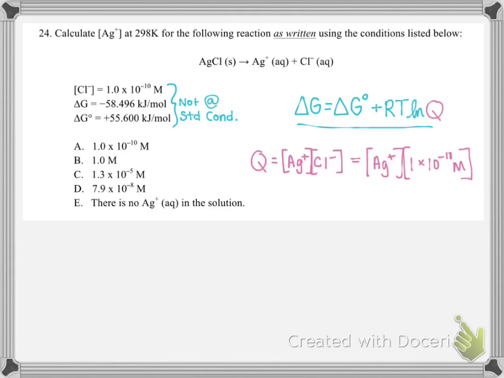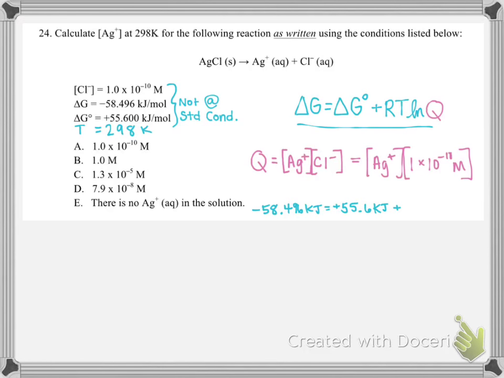Okay, so let's set this up. I'm going to add something to our table, which is just the temperature from the problem above, which they tell us is 298 Kelvin. Okay, so we'll have our non-standard delta G of negative 58.496 kilojoules is equal to the standard delta G, which is positive 55.6 kilojoules,